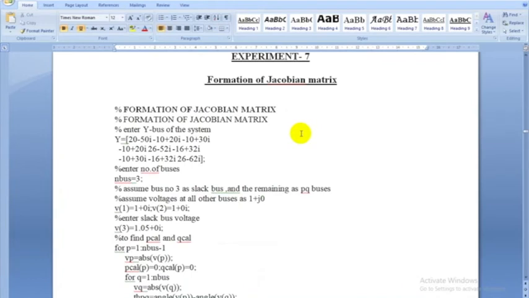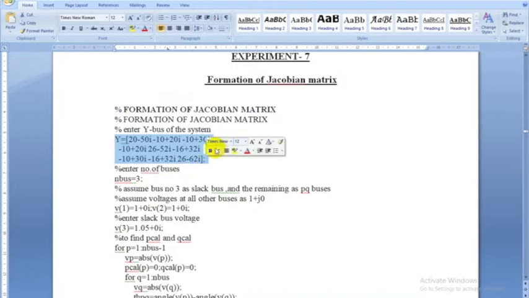Now you see the program. So before this, let us see what is the input. See, Y bus is the input. So after this percentage symbol, you write whatever you want, that we take it as a comment line, and thereafter I typed the matrix given. So actually open and close brackets we use to start and end the matrix, and between two elements you have to give minimum of 1 space here, and similarly first row you can terminate by entering the button, and the second row written in the next line, third row written in the next line.